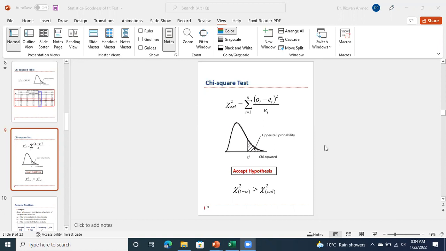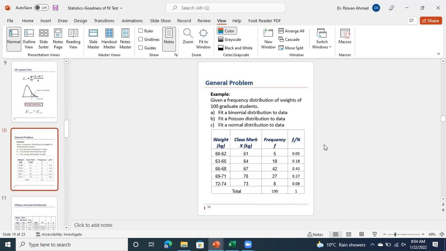And in this demonstration, I will apply this calculation scheme for fitting a normal distribution to the data. So we have a frequency distribution of weights of 100 graduate students, which are classified with the frequencies 5, 18, 42, 27, and 8. So with this information, weights of the student and the frequency,